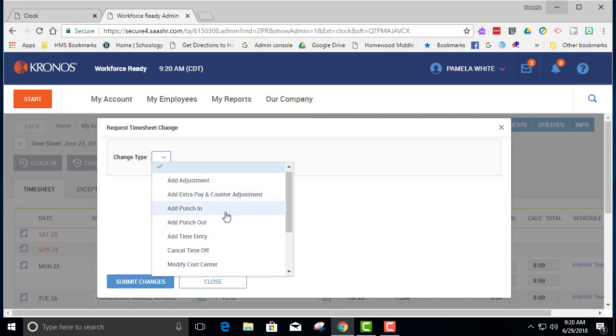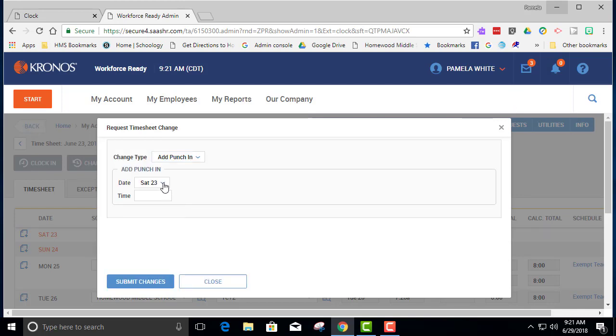So let's say, for example, that you forgot to clock in the morning. When you remember that you forgot to clock in, go ahead and open up Patriot Time and log into your account. Don't just clock in, log in, and go to your change requests and add a punch in. So once you click add punch in, you can select the day. For example, I'll select today, and you put the time that you actually should have clocked in, say 7:45, and